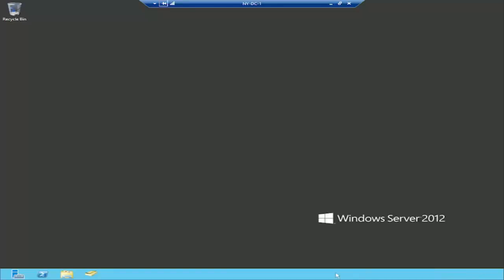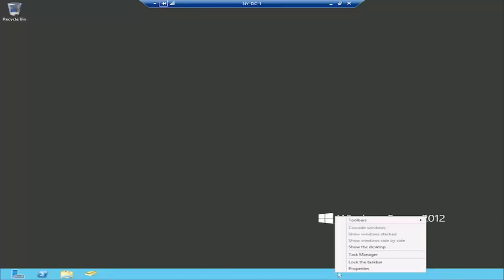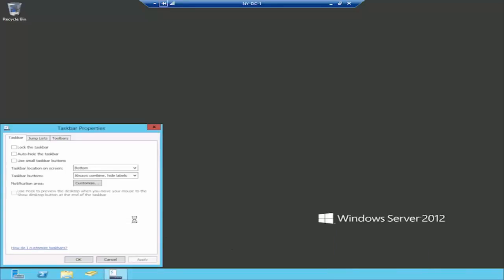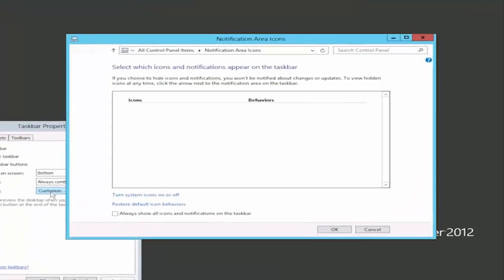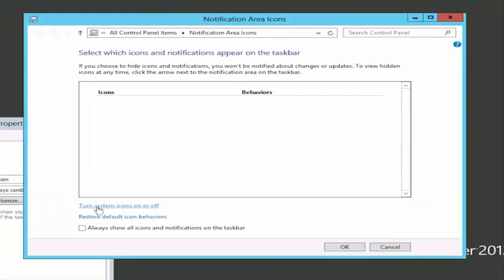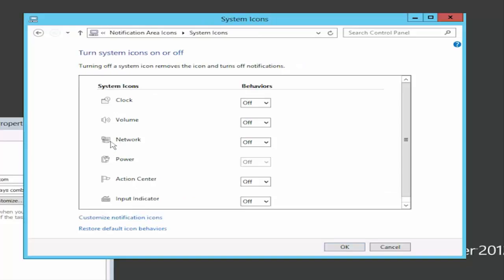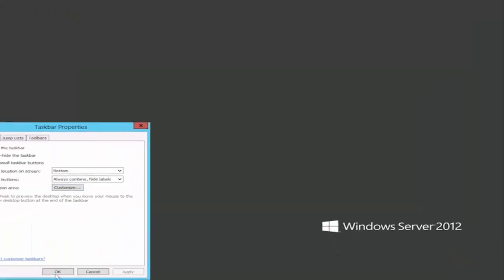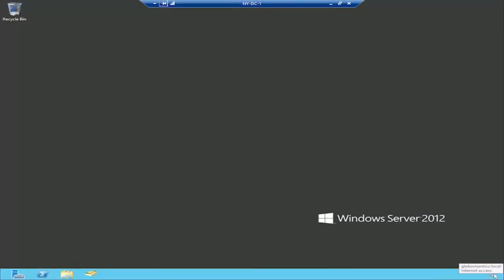In order to turn them on, you right-click on the taskbar and select Properties. From there, here's that notification area and a Customize button, so I'm going to click on that. And then right here, there's a link for Turn system icons on or off. When I click on that, here's the network icon. I'm going to go ahead and turn it on. Click OK, OK, OK, and you'll notice I now have that one icon. Again, it maybe doesn't look like your typical system that has a few different icons and the time and date, but I like to keep it clean. But here's that one icon